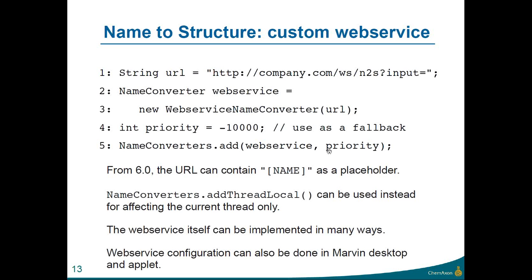Okay, now we go to the possibility to call a custom web service. That's something that's new in 5.12, which was just released, I think, a couple of weeks ago, because there was a demand for that. What has been present for a longer time and is still available, obviously, is the more generic approach. There is an API where you can register your own class, which will get names and will return structures if it supports this name, or it can be a corporate ID, or so. It's a very generic system that uses